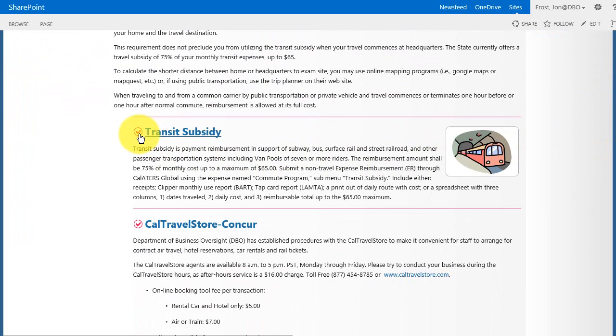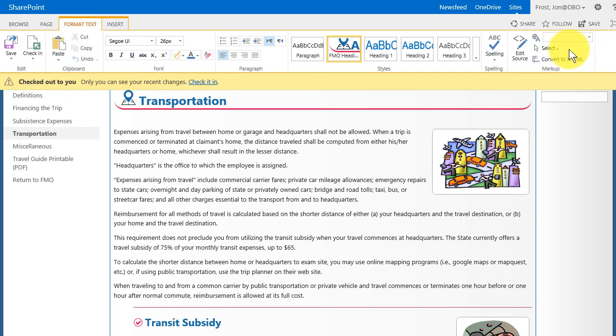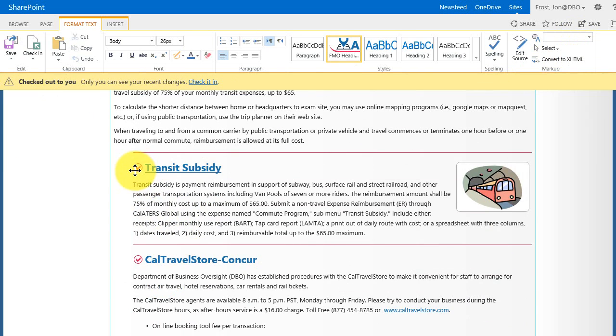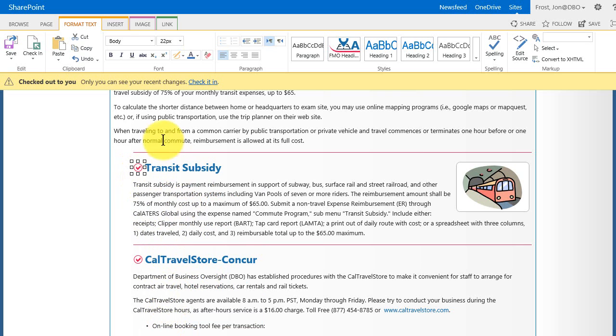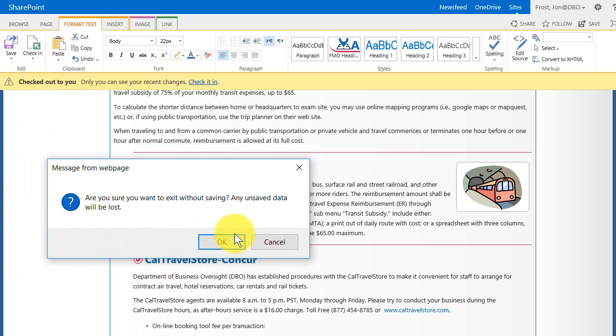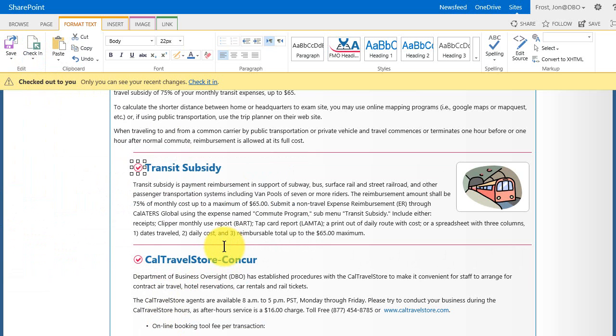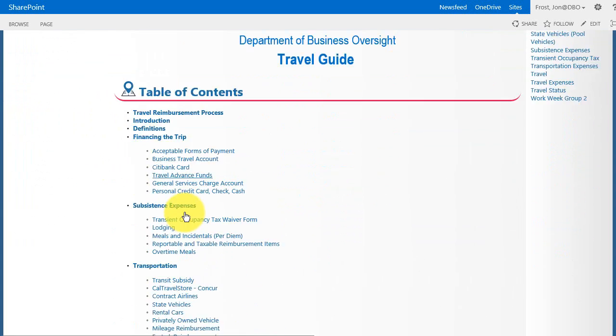Well, there's an easy way to get the little red check marks. I can copy one of these just by putting the page into edit mode, clicking on the graphic to select it, then I right-click on it and select Copy. Then I go up into the ribbon and discard my checkout because I haven't really made any changes to this page. Now I just go back to our flying car page,